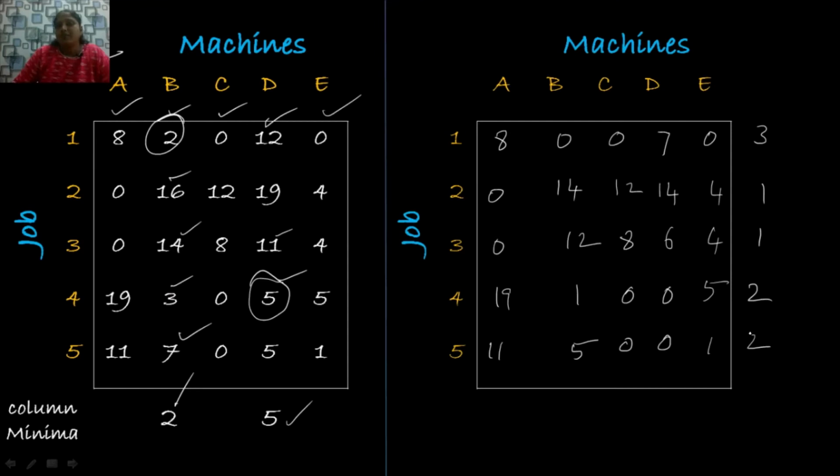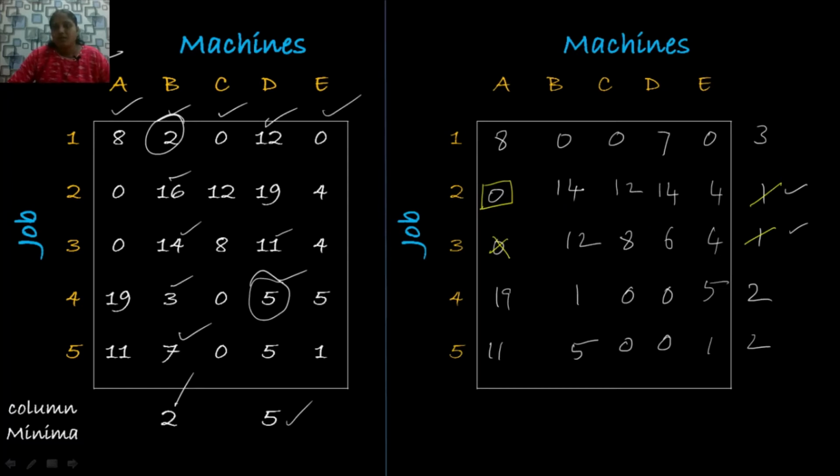So always keep in mind that we have to give our first assignment for the row which has less number of zeros compared with other rows. So for that I have to choose the second or third row as my first assignment. Either I have to choose the second row first or third row first, since it has only 1 0 element. Now I am going to give my first assignment at this position. After making assignment, cross the remaining 0 elements in the same column and also row wise. So column wise it has only 1 0. So cross this 0 element. Row wise it doesn't have any 0 element.